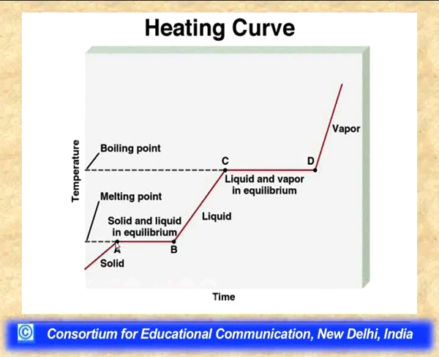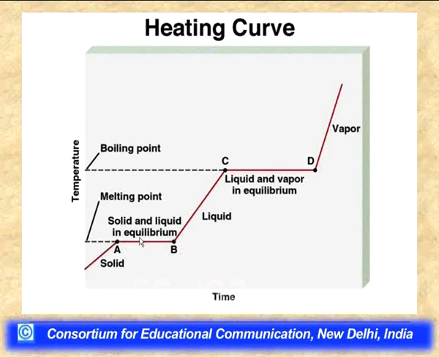reaches point A. At point A, if point A represents the melting point of the substance, then when a substance undergoes melting, a pure perfectly crystalline substance has a sharp melting point. It means it undergoes melting and completely transforms to the liquid phase under constant temperature, and you can easily see from point A to B, although the time is increasing, that is we are continuously heating the system, the temperature of the system has remained the same.